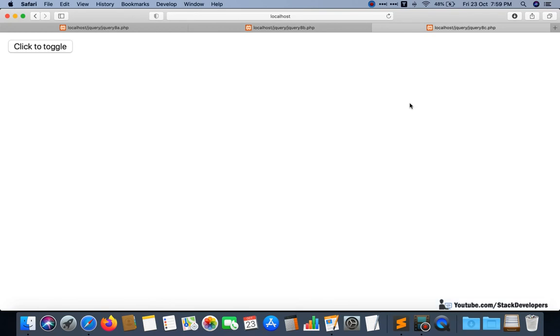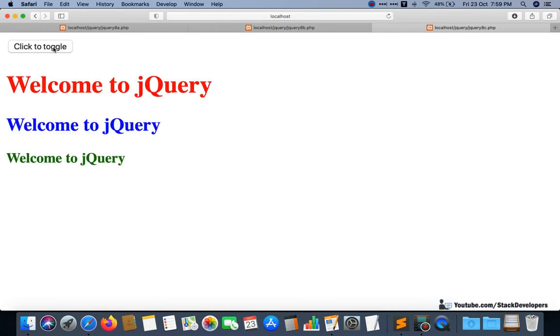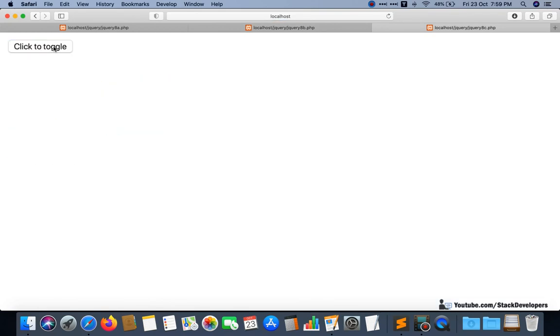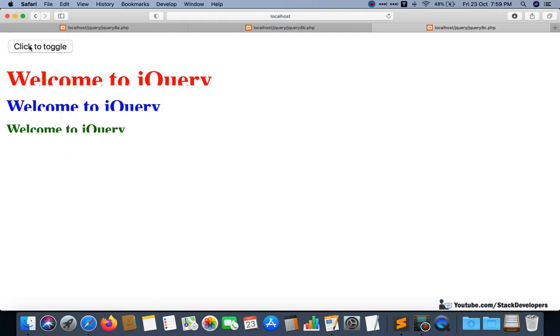You can see which effect is working the first time. Slide up is working because HTML elements are going in the upward direction. So they are also moving away from the HTML page. So slide up is working.